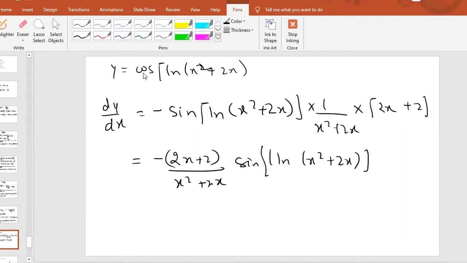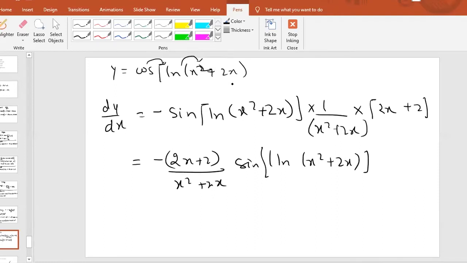See, 10th one. See here, basically we have three functions of x, because inside log we have x square plus 2x, which is another function. Then inside the cos we have log function. So what we have to do, we have to just go by outer to inner function. First of all you check this function cos. Differentiation of cos is minus sine, then whatever there is inside the bracket, it is log of x square plus 2x. Then go for the log. Differentiation of log is 1 by inside the function, that is 1 by x square plus 2x.